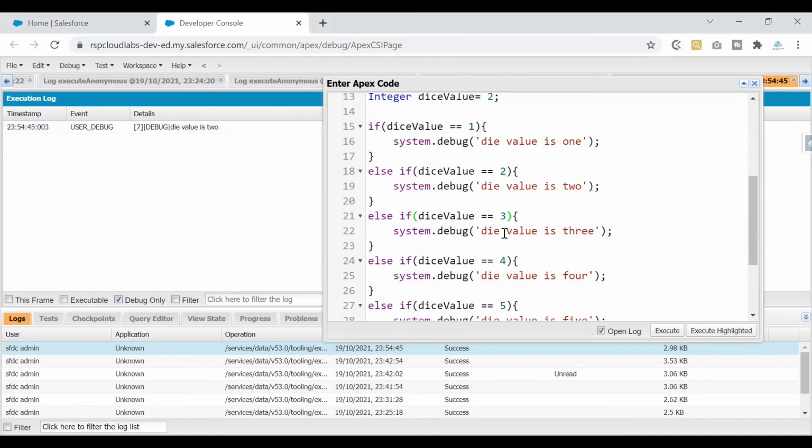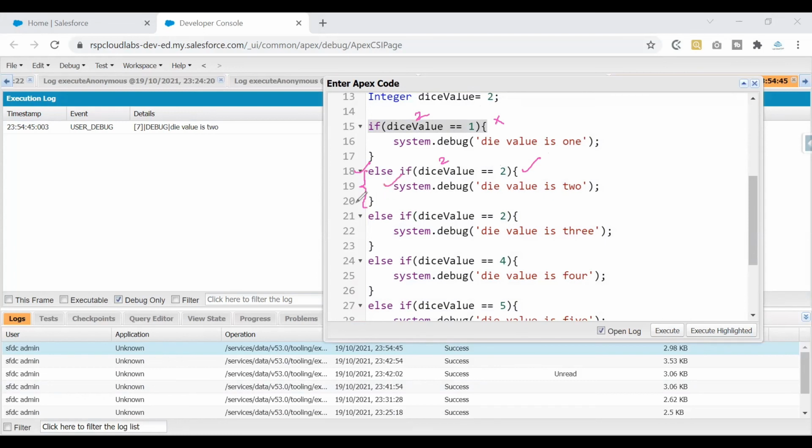In order to test this logic, I'll change the statement on line number 21. So instead of writing 3, I'll change it to 2. Why am I doing it? If the theory that I'm teaching you is correct, the system would come here and check this condition. Since that is not true, die value is 2, is 2 equals 1? The answer is no. It will not execute this if block. It would go to the next else if block. Is die value equal to 2? Yes, it is. So this entire else if block is executed.